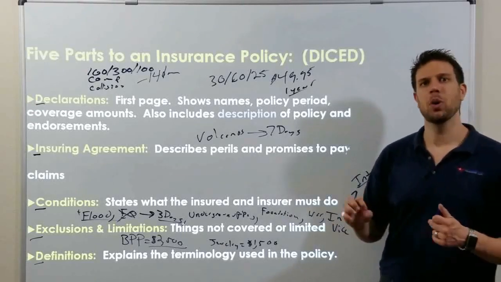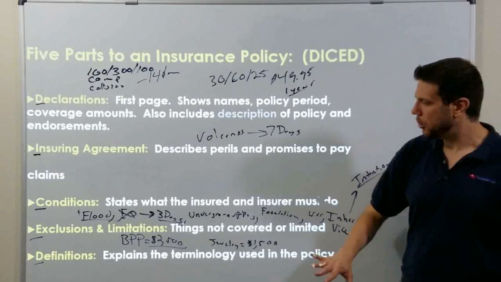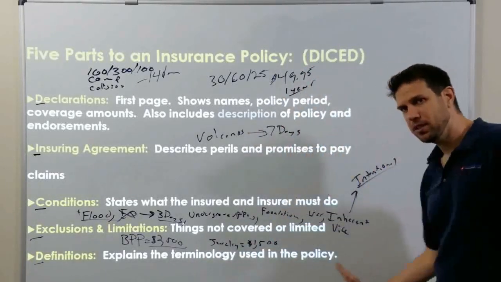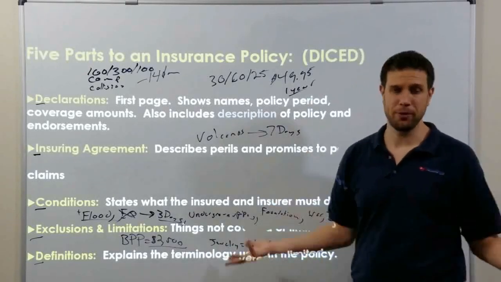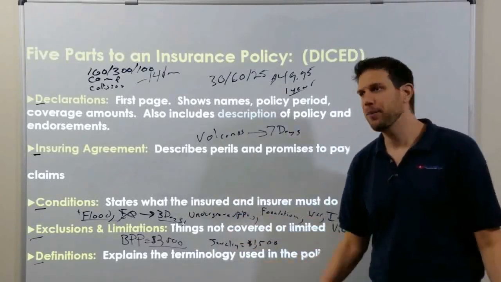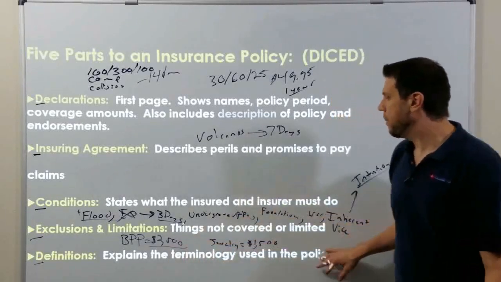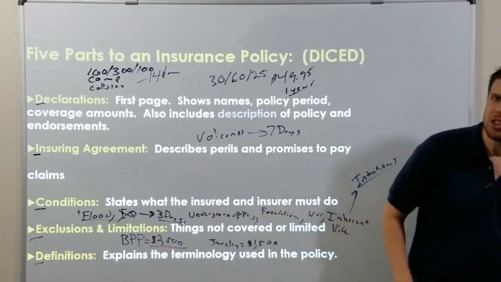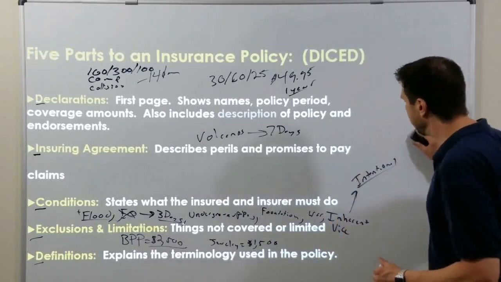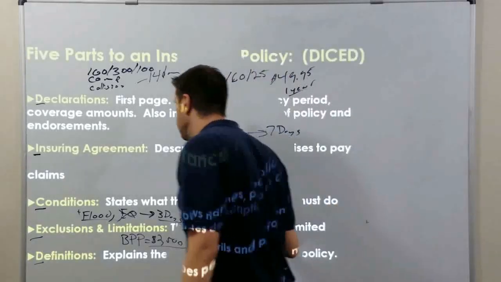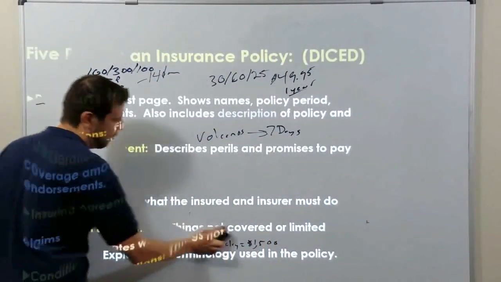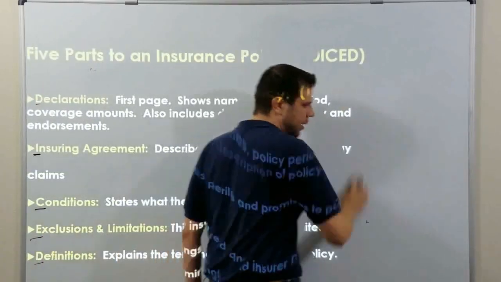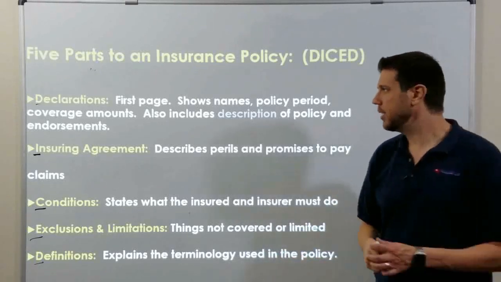A hostile fire is one that gets away from you. So like you could have a fireplace and it's friendly, but then your drapes go into the fireplace and catch it on fire. Now it's a hostile fire. The definitions portion of your policy will define what the words mean. So I'm going to test your knowledge to see if you know what two of these words are. Most people have no idea what these two words are. We will learn them later on, but these are definitions in a policy.